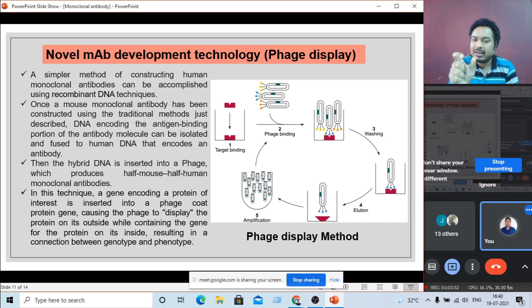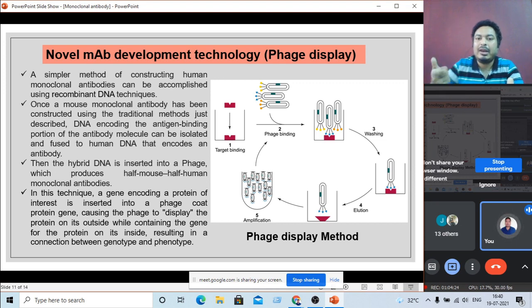Then this gene is cut out, and this gene is inserted into the human DNA, which also encodes for antibodies. Suppose a human DNA which also encodes an antibody. So in this human DNA we can insert this particular DNA collected from the hybridoma cell. Then we get a new hybrid DNA, and this new hybrid DNA is inserted into a particular bacteriophage,